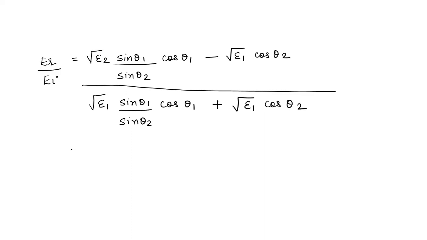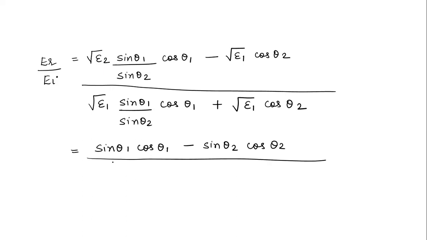Now I'm further solving it. Sine theta 1 cos theta 1 minus sine theta 2 cos theta 2 upon